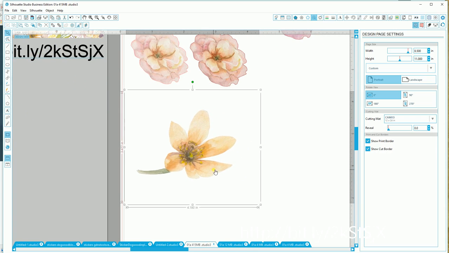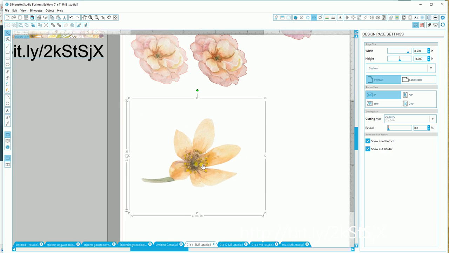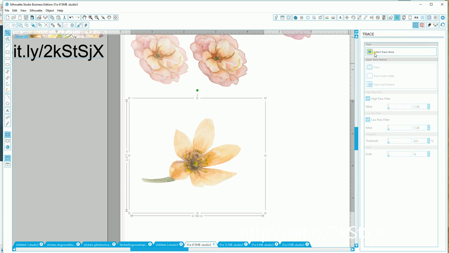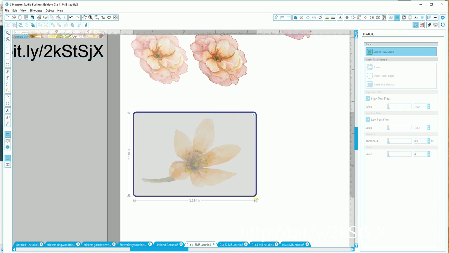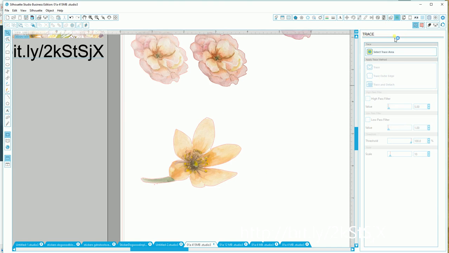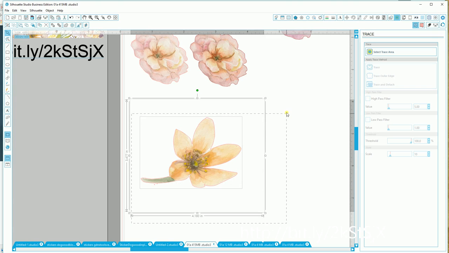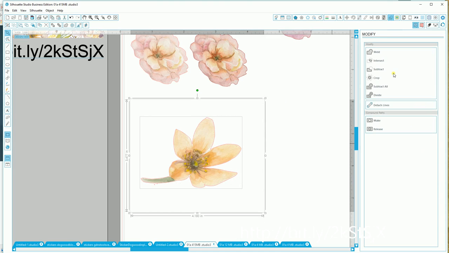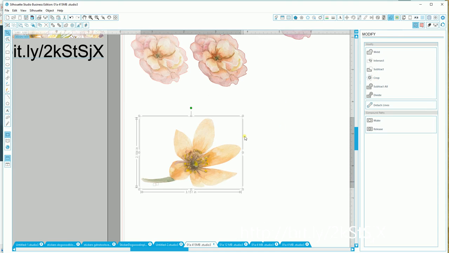And I'm going to run through, see this great big space, and if I'm hitting out here, I'm still selecting it, so don't like that. So I'm going to go through the same routine twice, and it doesn't take very long, as you can see. Uncheck the high pass filter. I think I can go all the way out, trace outer edge, and then I go down here so I won't select the other two flowers. Select both of these, go to the modify window and hit crop. Now I've got a smaller space,